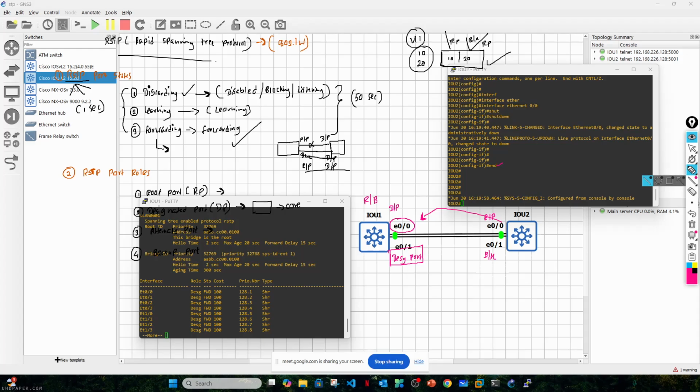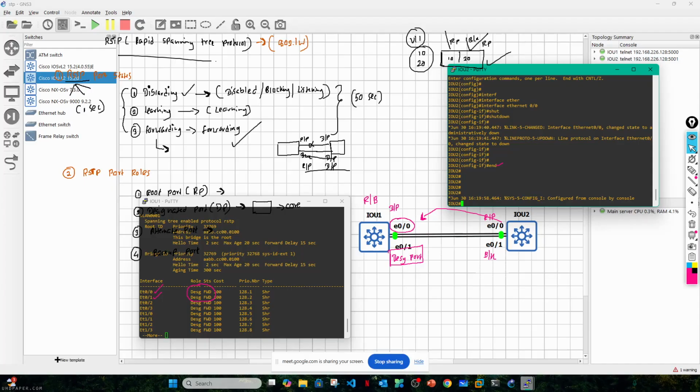The core layer is not changing because it's our designated forward for the two interfaces. Ethernet 0/0 and 0/1 are designated forward. But when we check this one,